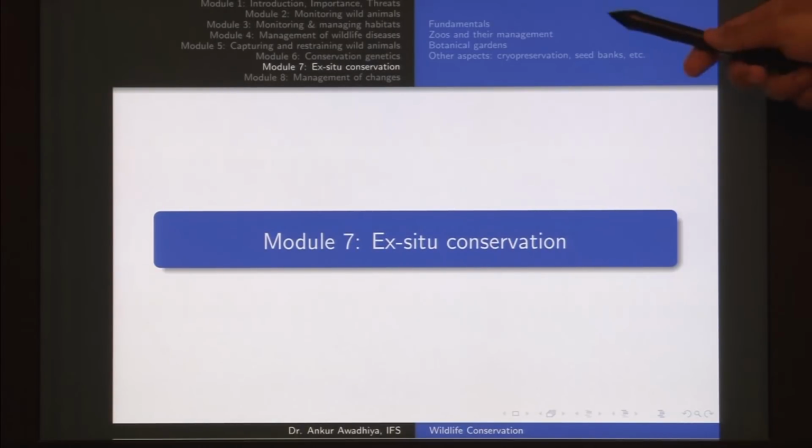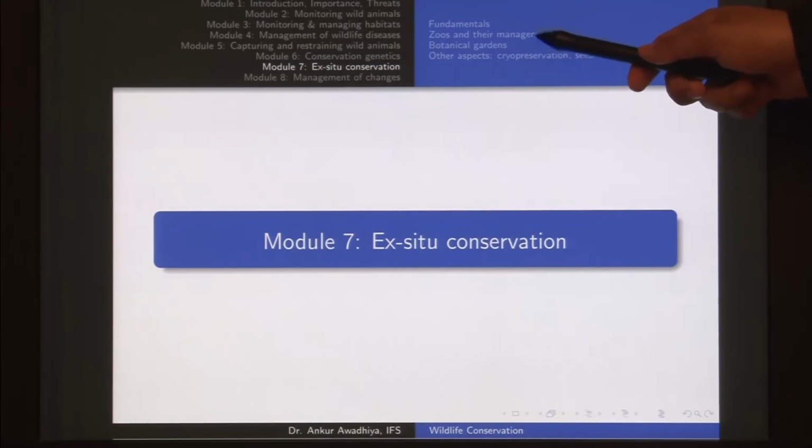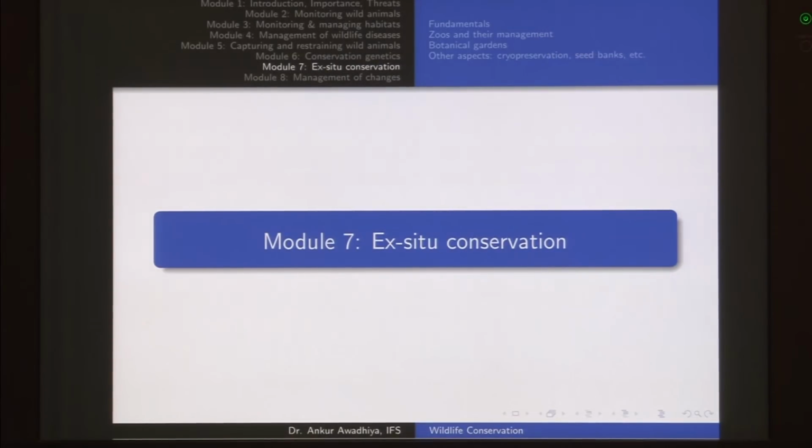Then in the second lecture we will look at zoos and their management. So zoos are one of the most common ways of ex-situ conservation. So we will look at their legal aspects and also what kinds of facilities are provided and what are the precautions to be taken. Next we will move to botanical gardens, which are ex-situ conservation sites for plants, and also